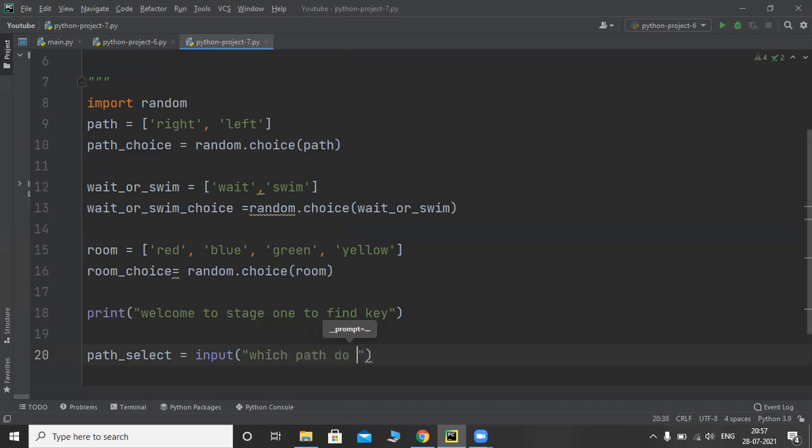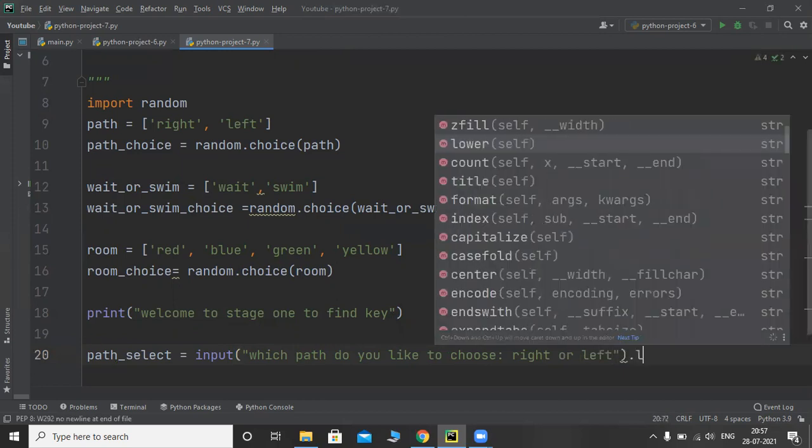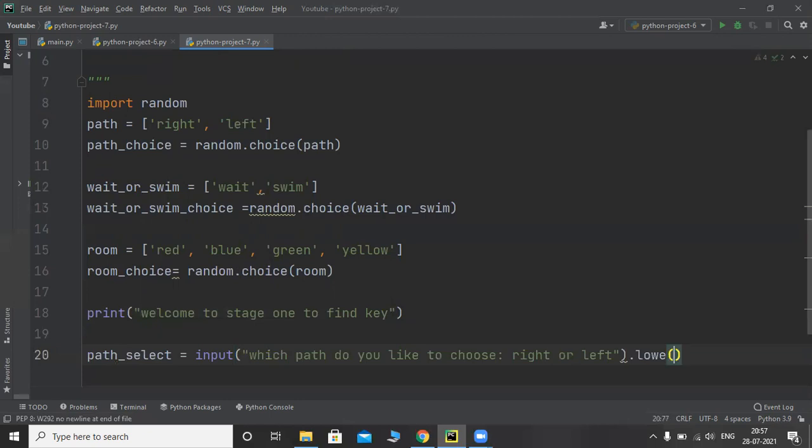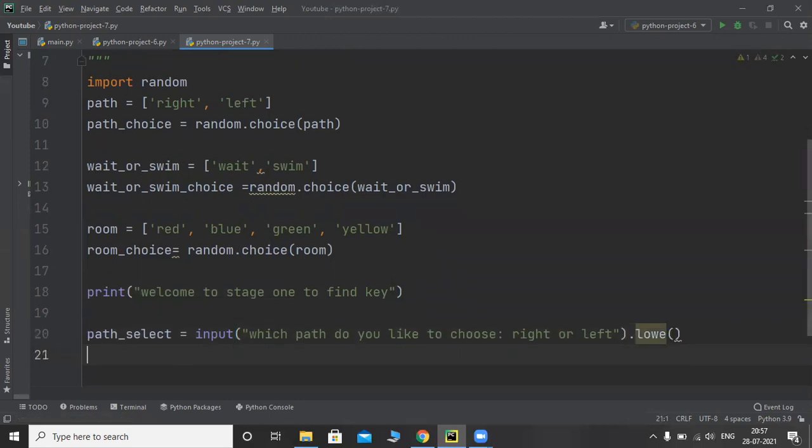The path may be right or left. I will convert it to lowercase, because sometimes the user may enter capital letters. So you enter the path.